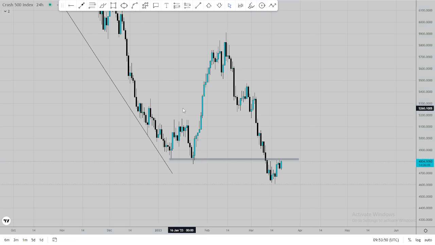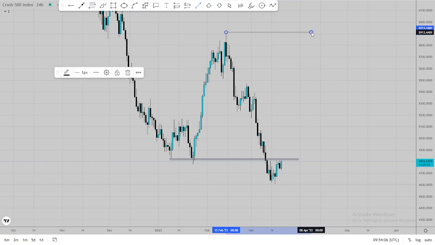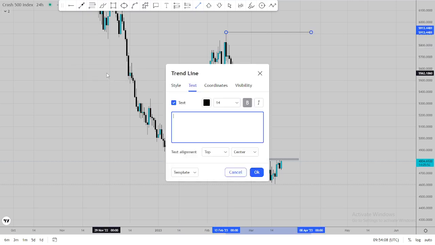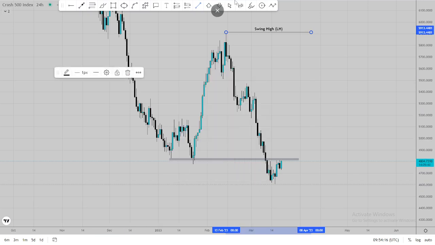So as you can see, if we look at market structure, there's a break of structure here to the downside. This is our most recent swing high, which is our lower high. If the market pushes all the way and breaks that lower high, that's when we'll say the market momentum has now shifted to the bullish side of things. But so far